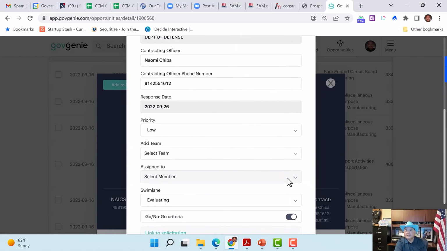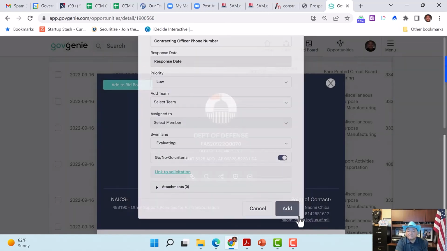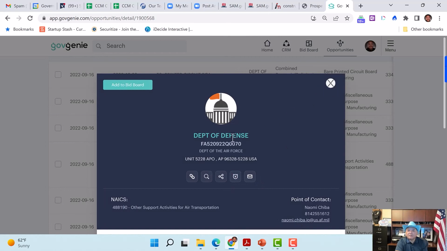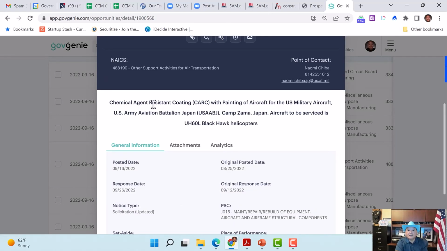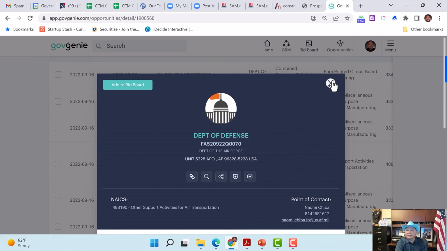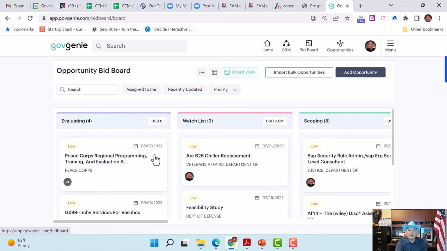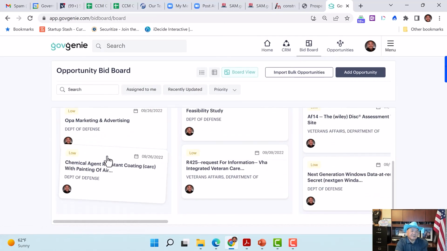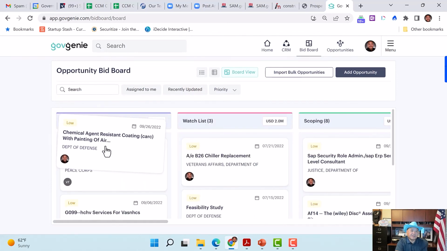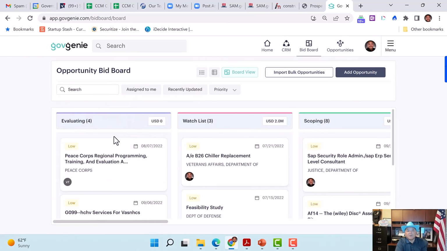I can just hit add. And so now I've added it to my bid board. So Department of Defense, chemical agent resistant coating, this opportunity is now in my bid board. And I can see it here now. And so you can quickly manage your whole pipeline all in one place.